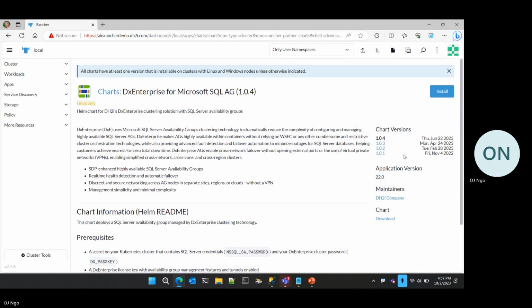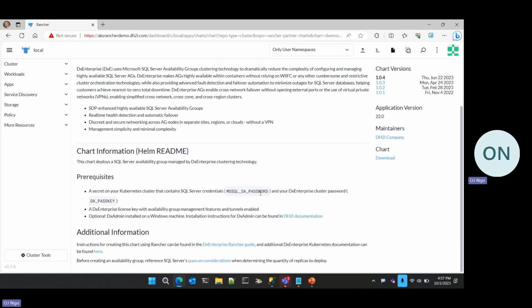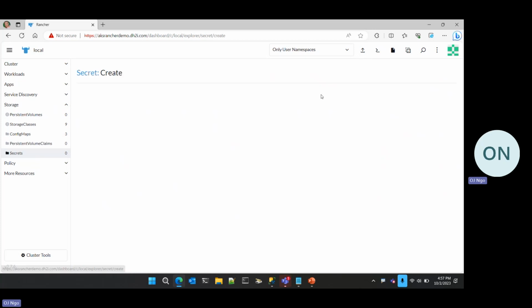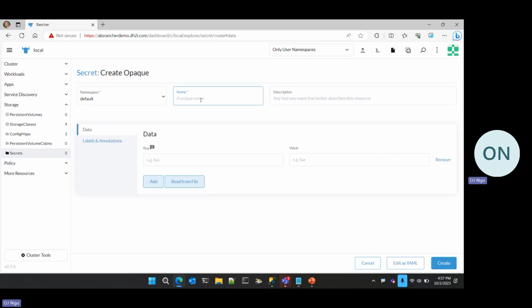Again, there are 2 values that are considered required for deployment of the DxEnterprise MS SQL AG. Obviously, you need to supply the SA password for SQL Server and also the passkey for the DxEnterprise cluster itself. So to do that, we would need to set up a secret that we can use. Okay, secrets, and let's go ahead and create a new one. Let's give it a default name. So let's call it DxE, and the data that we need to supply would be